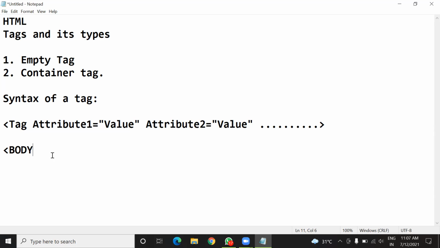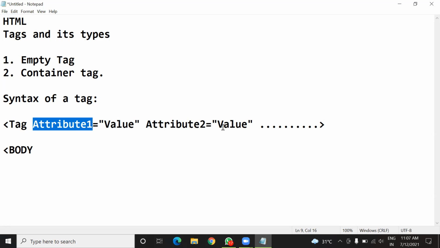The body tag has many properties. We use the body tag to design the body of the web page, and that body of the web page has several properties. So those properties we put using these attributes, attribute 1, attribute 2.